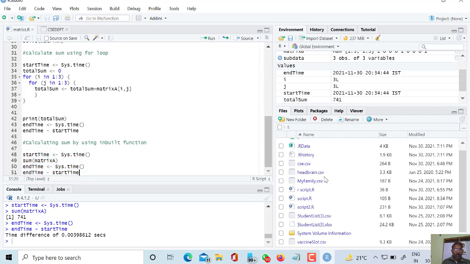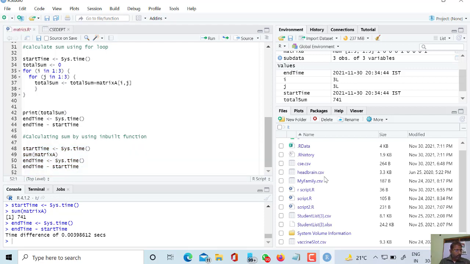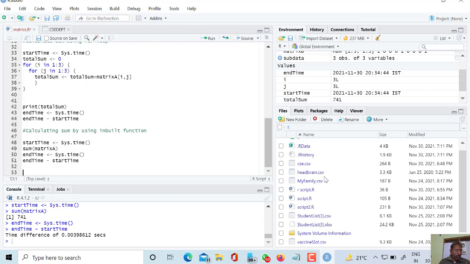Again, next thing I want to explain is how to sum each row and sum of each column.